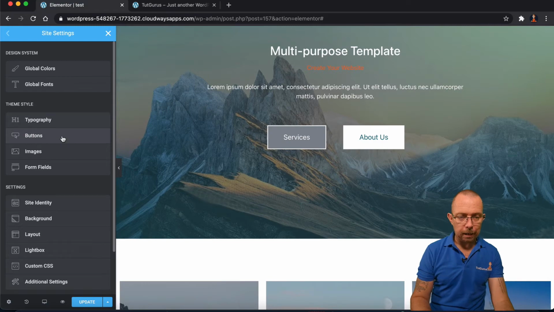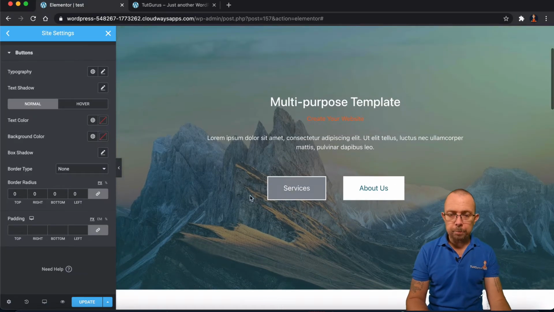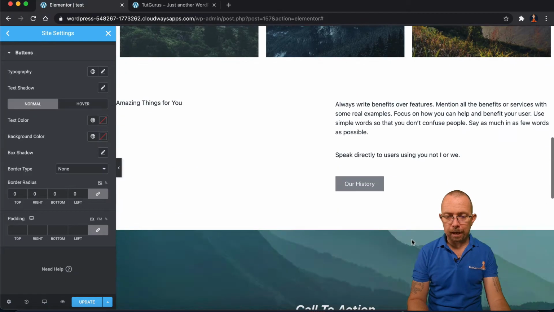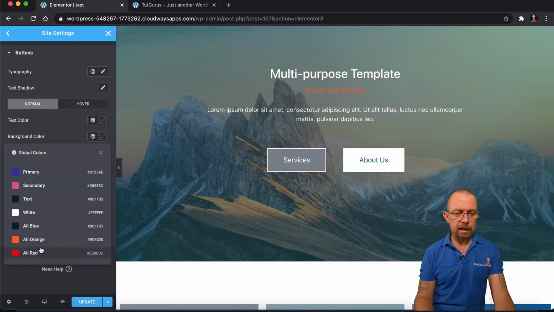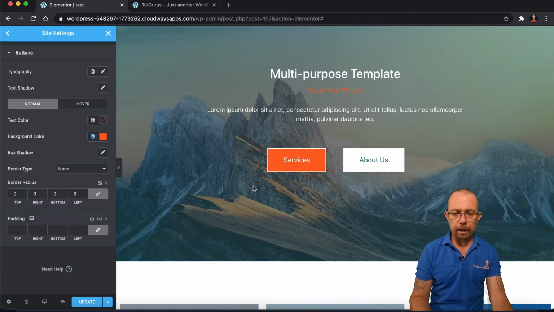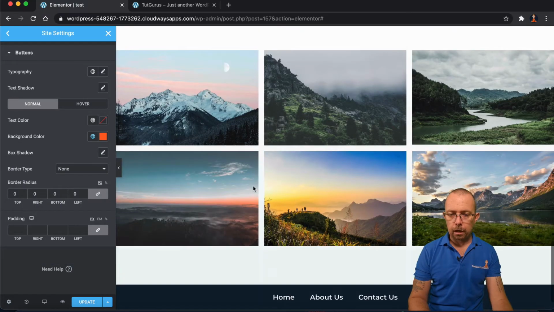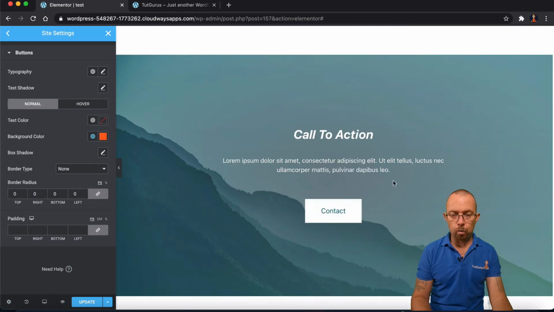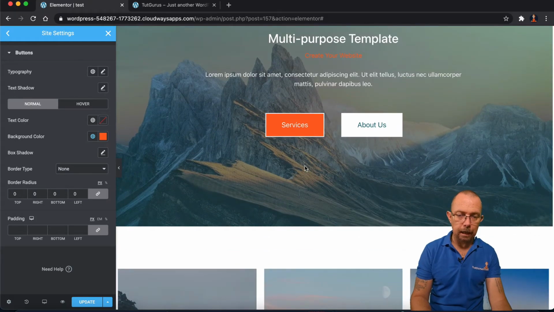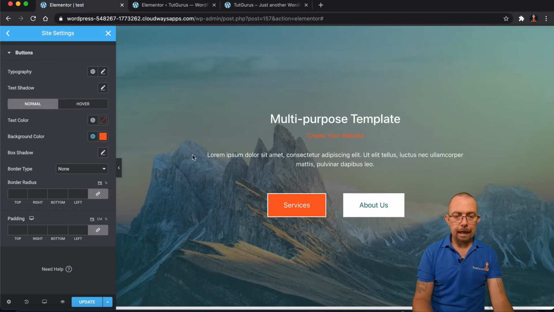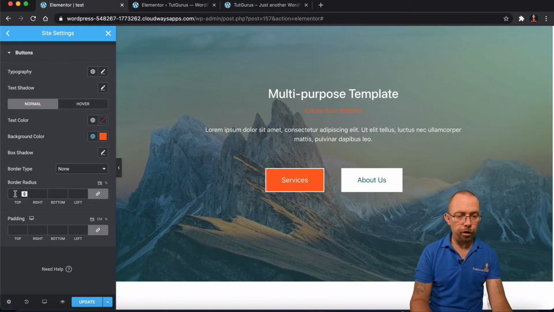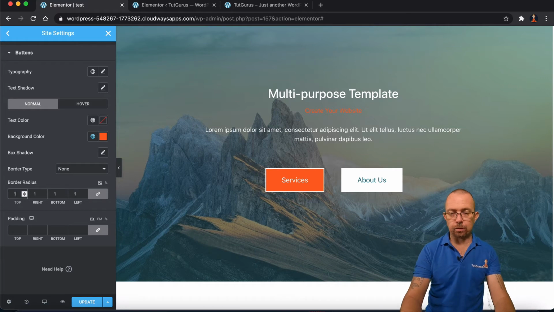We've also got buttons. Now buttons is cool. These buttons are by default part of the theme. But let's say I want to overwrite these. Let's say I want the background color of these buttons to be my sexy Ali orange. There you go. So now any button on the page, except for these ones, and I'll show you why they're not changing, but these buttons here have that orange. Okay, great. And let's say I want to have a border radius of 10 pixels, something like that.